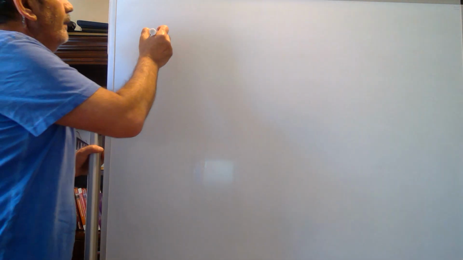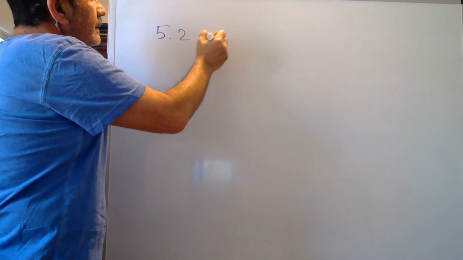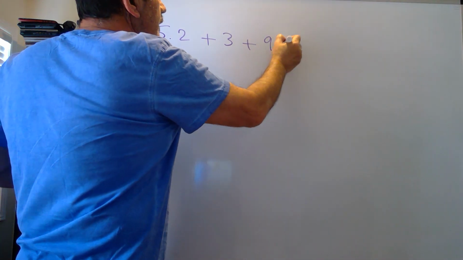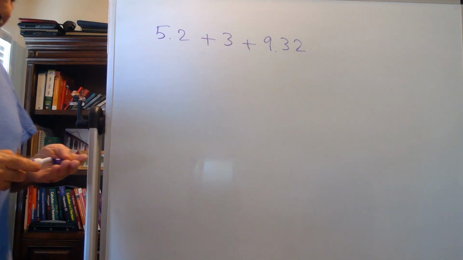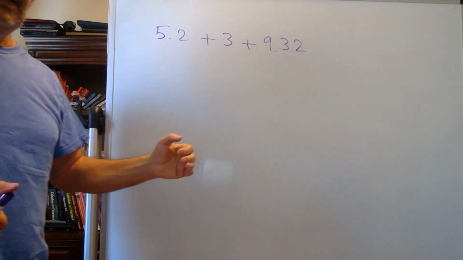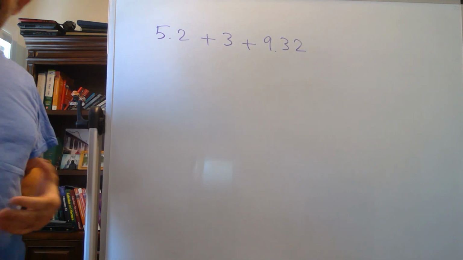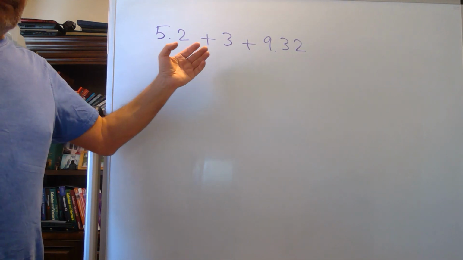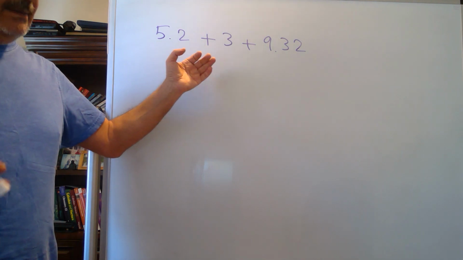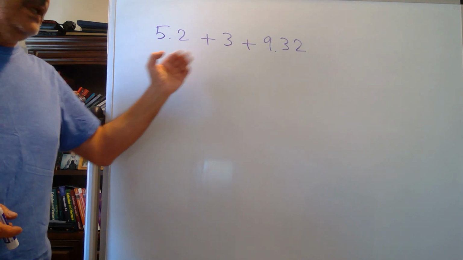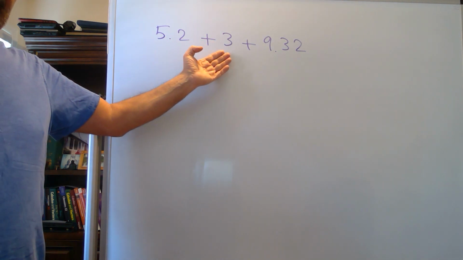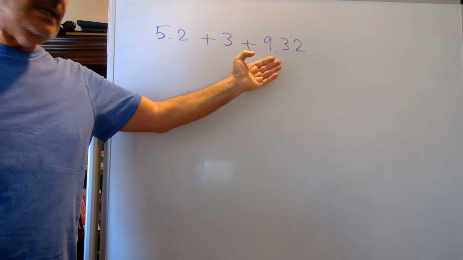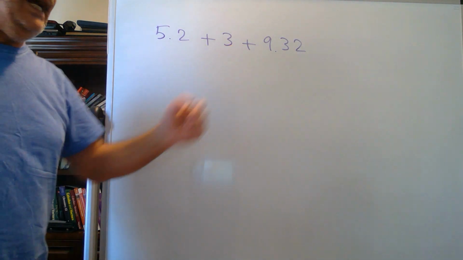When we are adding or subtracting approximate numbers, let's say I am adding 5.2 plus 3 plus 9.32, okay? When I am adding numbers with different precision, the precision of the result is the precision of the minimum or least precise number. The precision for the first one is 1 digit after the decimal. This one is a whole number. This one is 2 digits after the decimal. So when I'm adding these numbers,